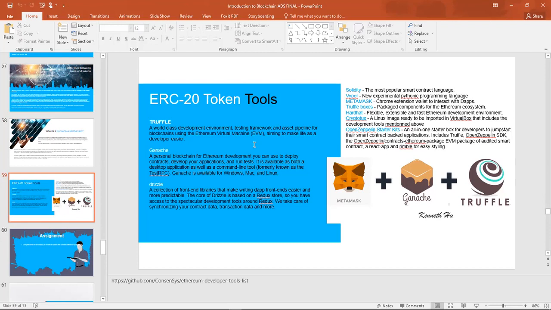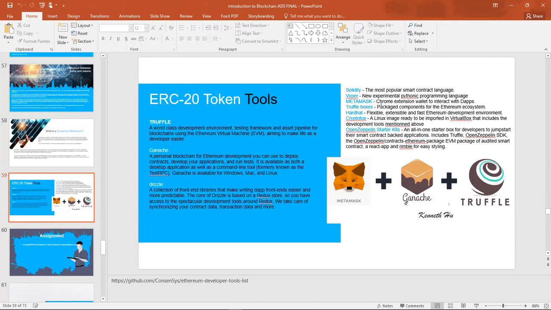Then we have had a chance to experiment with Solidity and see how we can write our smart contracts. Then Viper, for those who are in Python, they can use the Pythonic programming language for creating smart contracts. Then we have interacted with MetaMask, which is a Chrome extension wallet to interact with dApps.